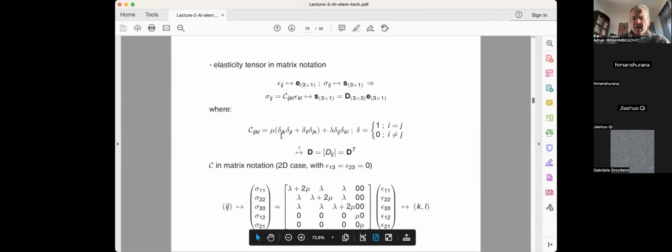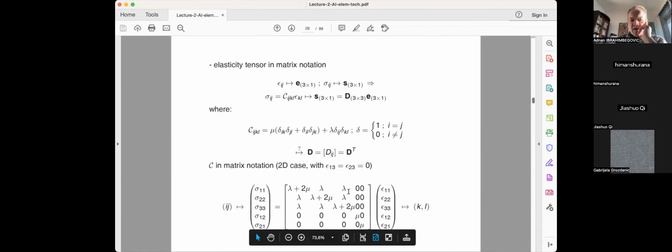So basically, when i is equal to 1 and k is equal to 2, this cancels. When i is equal to 1, l equal to 2, it cancels. And I get only here i and j are 1, k and l are 2, so I get lambda. So I get only lambda, and so on and so forth. So simply by reading this and writing it into the table, I can get my constitutive model that